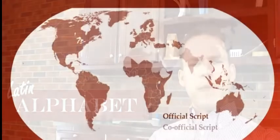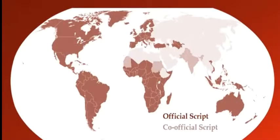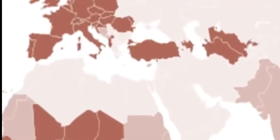In fact, this map here shows us where the Latin alphabet is either the official script or a co-script. And then even in other countries like China, Japan, countries in the Middle East like Saudi Arabia and Israel, they still learn the Latin alphabet even if they don't use it officially. Think about scientific names. No matter what language you're writing in, you are writing in Latin. So even in Russia, where they don't use the Latin alphabet in their official correspondence, they still learn about it